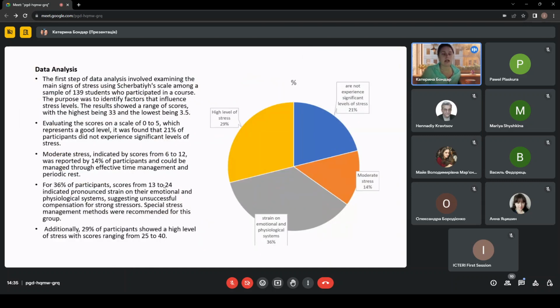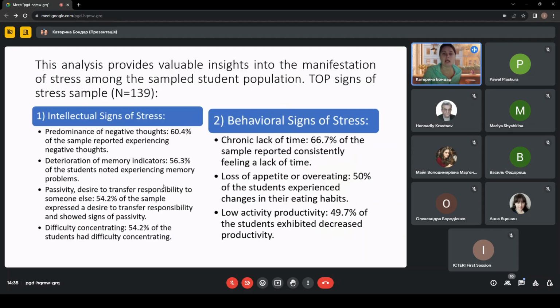Okay, the most fruitful results that I want to highlight. First of all, our 140 students, just 139 students, usually they have a really high level of stress. Previously, they had a really high level of stress. If you see their diagram, and if we analyze the details of this stress,